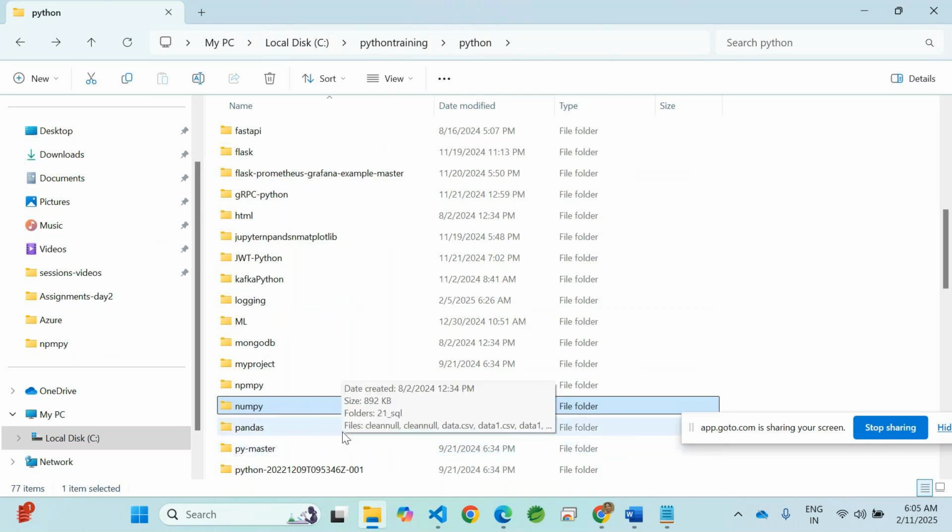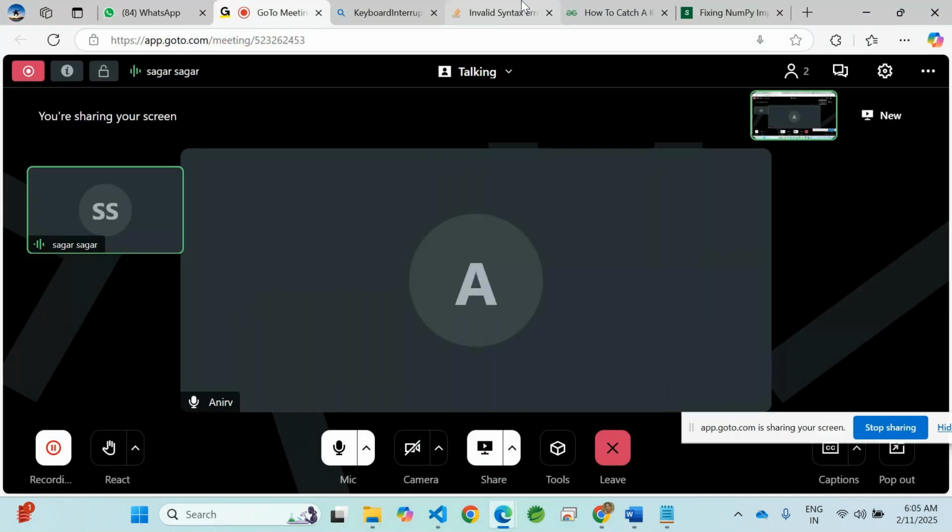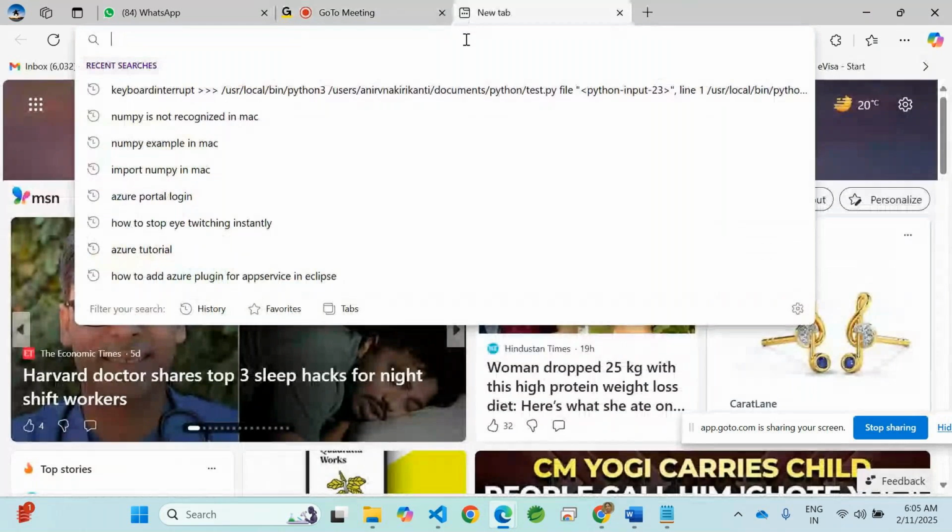Next is the Pandas library. Do we continue today itself, or we'll take another session for that? Either's fine. In NumPy, if you wanted to practice more examples, you can just check with the